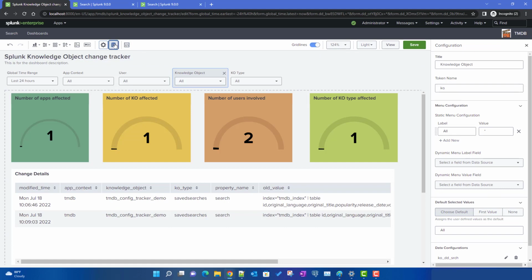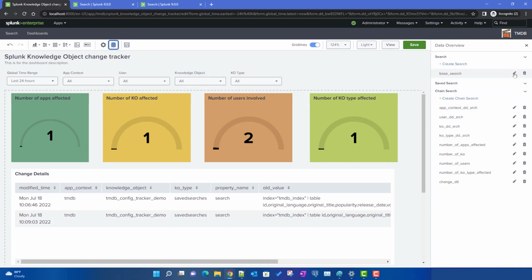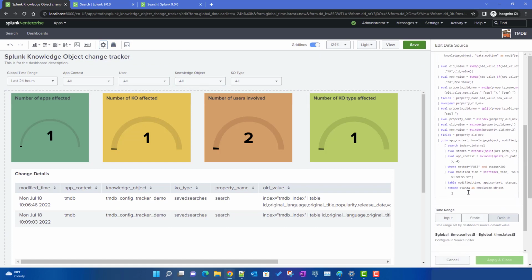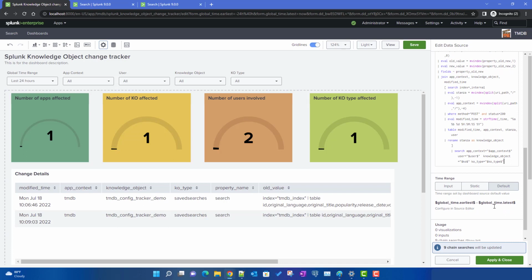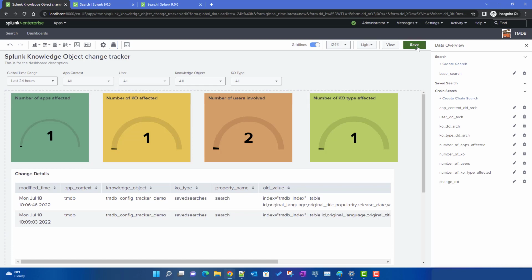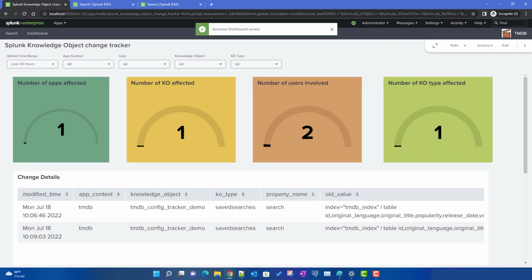Okay, I think we came out of that one. So it will be something like search, this one over here, right? Let's format it a bit. And the knowledge object type equals this knowledge object type drop down token. Okay, so if I apply and save it, and once we go to view mode,